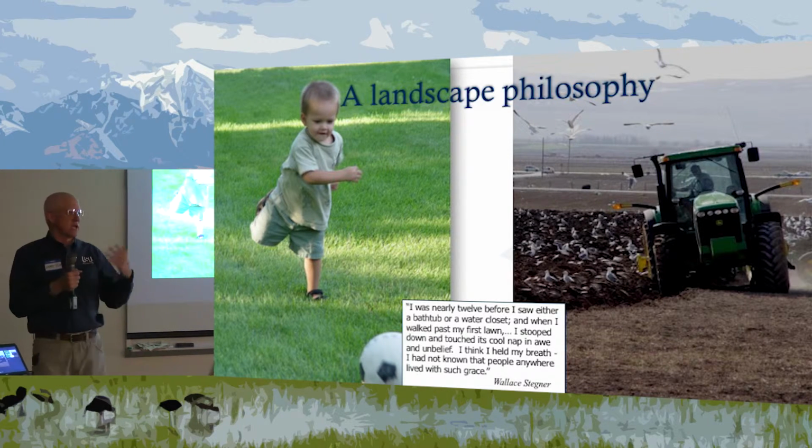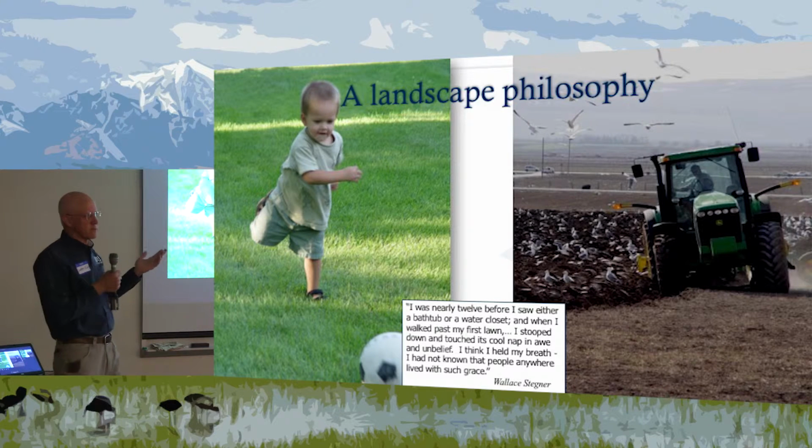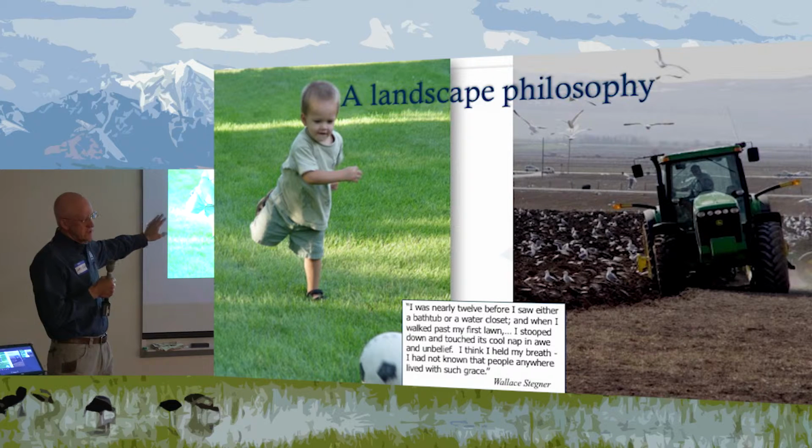And so if I put shade over a landscape and the plants grow less and use less water, that's okay as long as I can maintain the quality of life that I want. If I can reduce the turf so there's turf for the kids to play on, but we don't have turf everywhere, that's okay because, again, it's the quality of life that we're after. So I would hope that as we move forward,